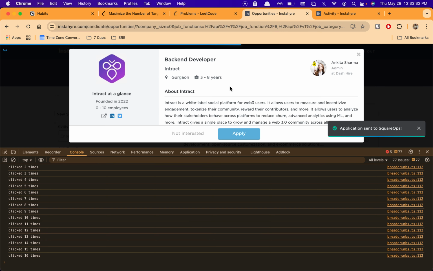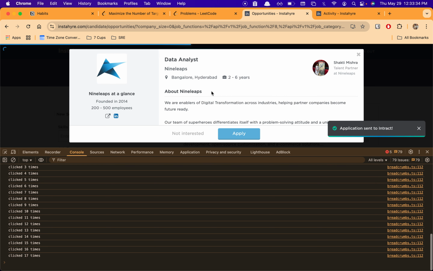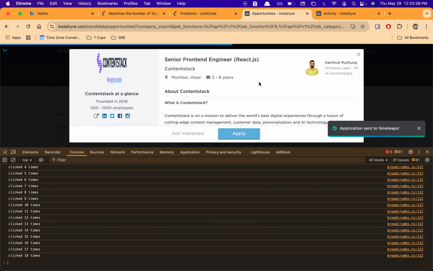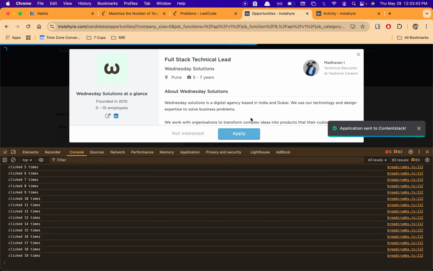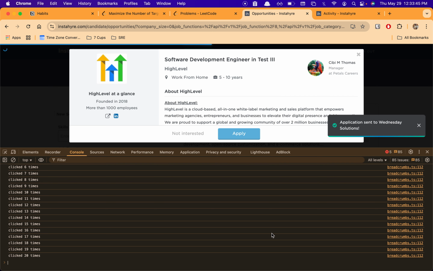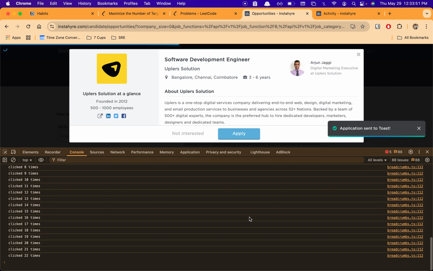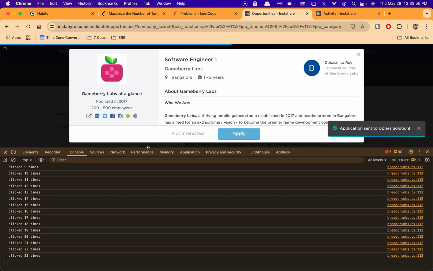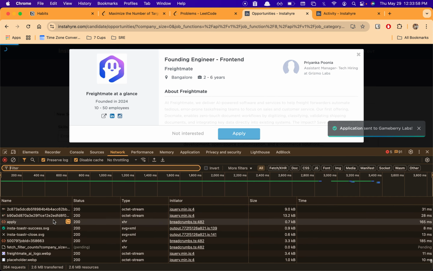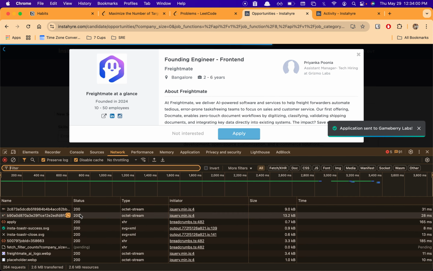And in case it comes up that there are similar jobs, I think I should stop clicking and I should click apply and then move on. I'm yet to code for that, but as you can see I just don't do anything and this just keeps clicking. Right, I'm not using any clicks to close this. I can do that also if needed. But yeah, other than that I think it's going ahead and